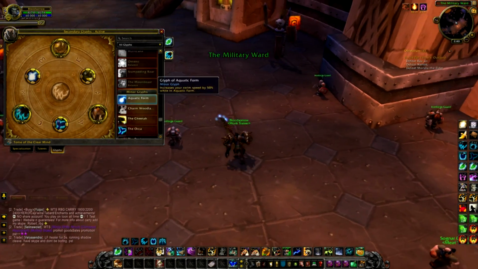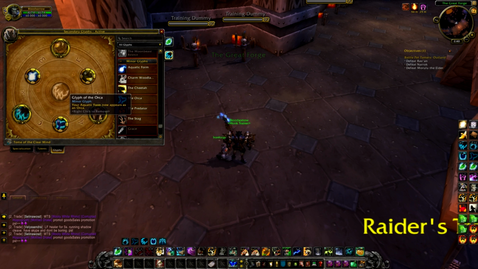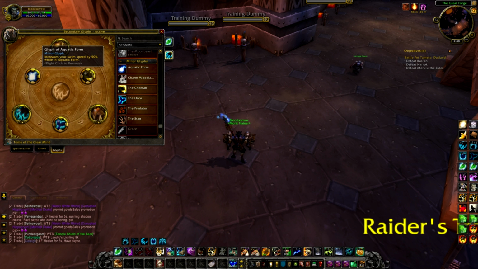As for minor glyphs, they're nothing important really. The only thing that I like the most about them is there's just certain changes. This is the only one I highly suggest you get: increases your swim speed by 50% while in aquatic form. The reason I highly recommend this one is because people who have BG'd with me on my feral,